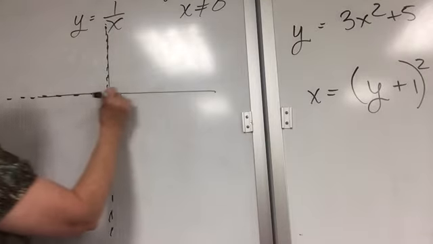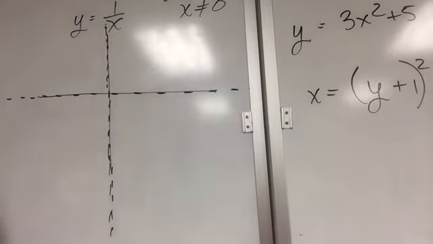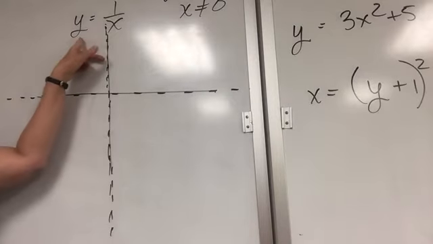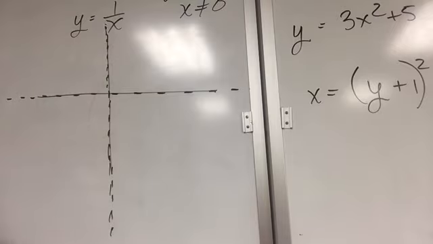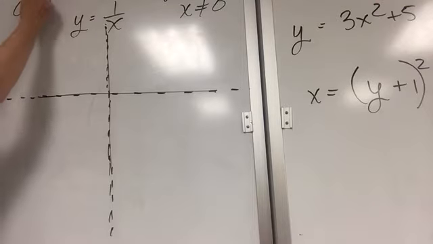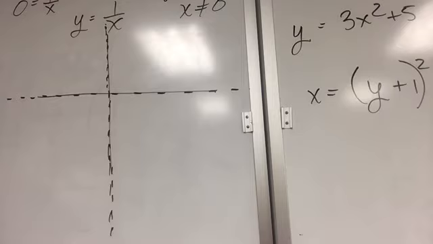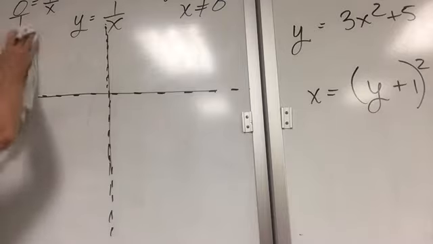Y can also not be 0. All right, now try it. If you stuck y as 0 in there, then what would you get? You would get 0 is equal to 1 over x. And if you cross multiplied, which you should be able to do with every equation that works, you end up getting 0 is 1. And 0 does not equal 1. Okay, so that means you can never have a y that is 0.